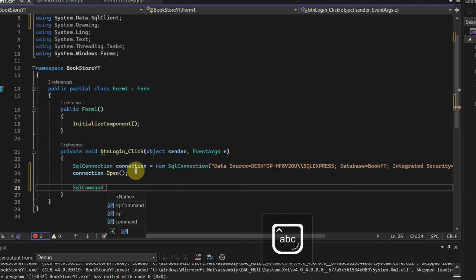SqlCommand cmd is equal to new command. And this is our SQL command. We are telling it what we want to do. Select star from, never mind, it can be with capital letters or even non-capital, it doesn't matter. From users, our table name is called users,